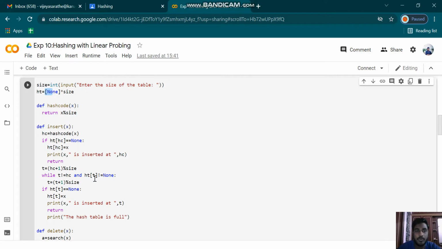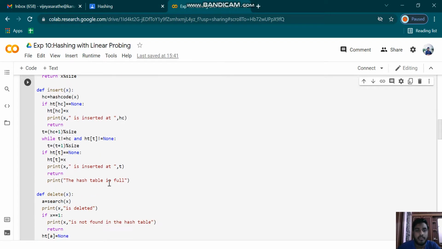Otherwise, if the slot is full, we go to the hash code plus 1 mod size so that we get another index and can place the element there, which avoids collision. This is how the insert function works. If everything is full, it prints that the hash table is full.